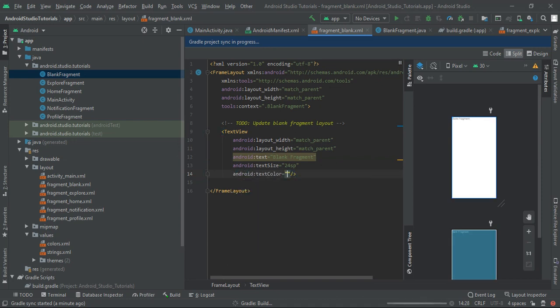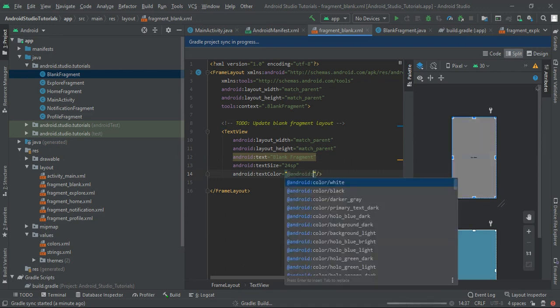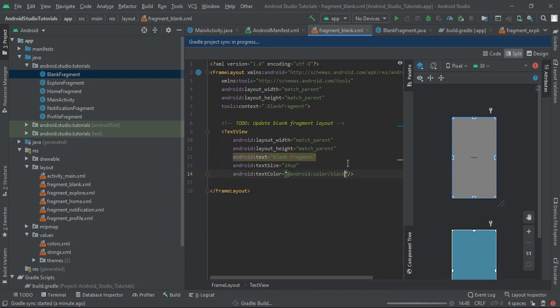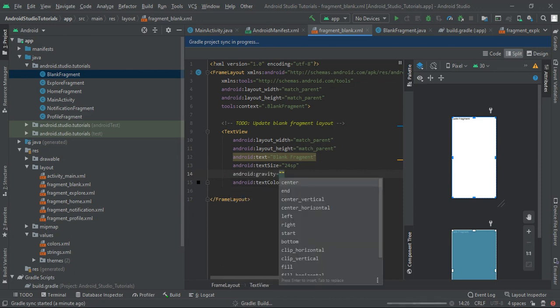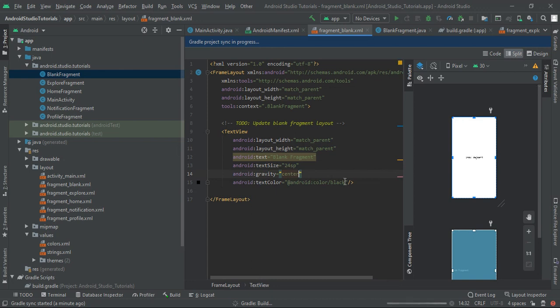So text color will be Android black, and then you can see that our text is in the right corner, sorry, left corner, top left corner. So to make our text in center, I am going to use gravity and center it. So you will find that our blank fragment is in center for our bottom navigation drawer, and